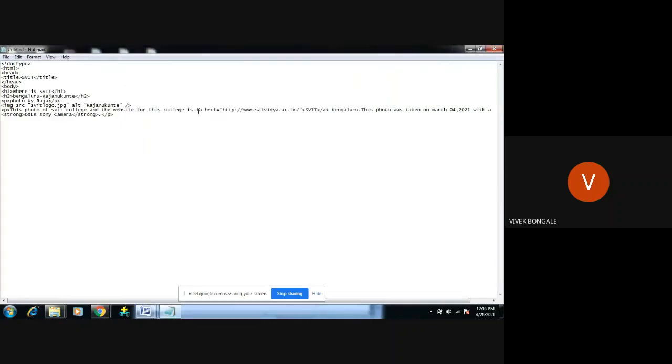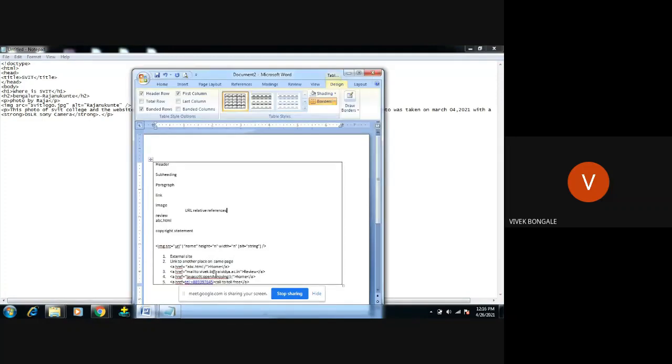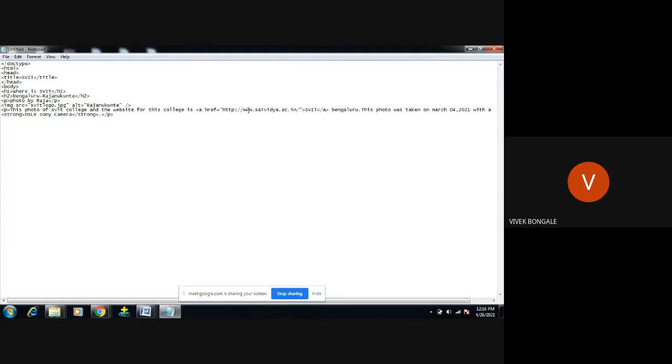So a link can be given in many ways. However, we use what our script demands. Here I'm just trying to access some external site, so which type of syntax am I using here? I'm using the first syntax, external site. For its reference, the website name, that is URL or name, followed by some path name or file name. This is one thing I want to display in my web browser.